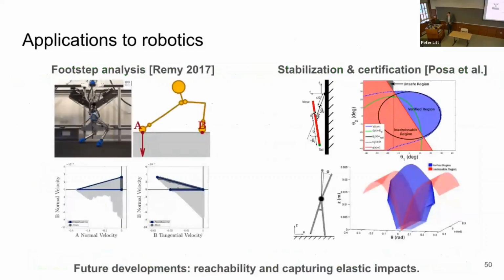And so we've applied this method to some key examples in the literature of uncertainty in the outcome of impacts. And this can happen in much more realistic scenarios than a billiards break for robotics. For instance, this example from David Remy in 2017 examined uncertainty in the outcome of even just a single footstep in a real world robot called Ramon.